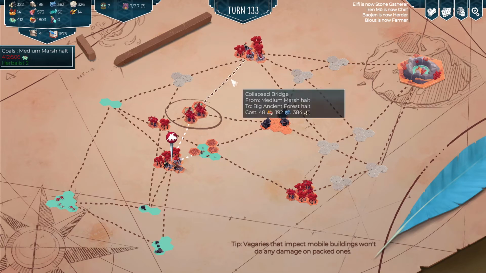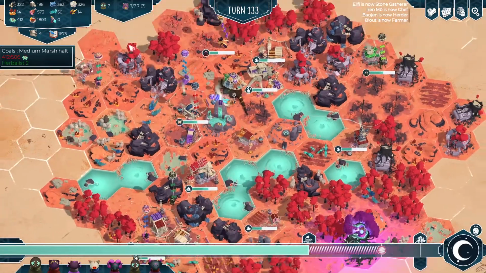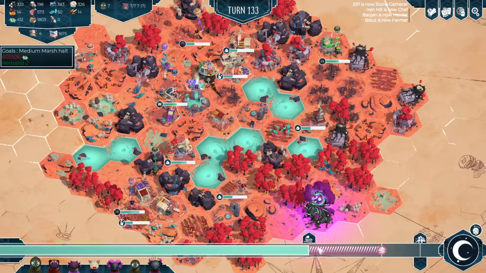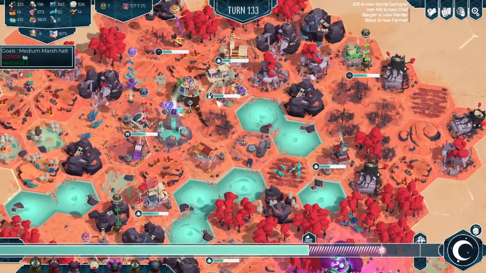We're actually probably going for this marsh halt up here, so we'll need some ore and some wood. We have plenty of both right now, so it's looking good. We have a lot of resources in general, and we are still gathering more. 49 turns until this halt ends, but probably we'll have to leave a little bit before because I'm scared of this fog. But for now, let's talk about other things, like